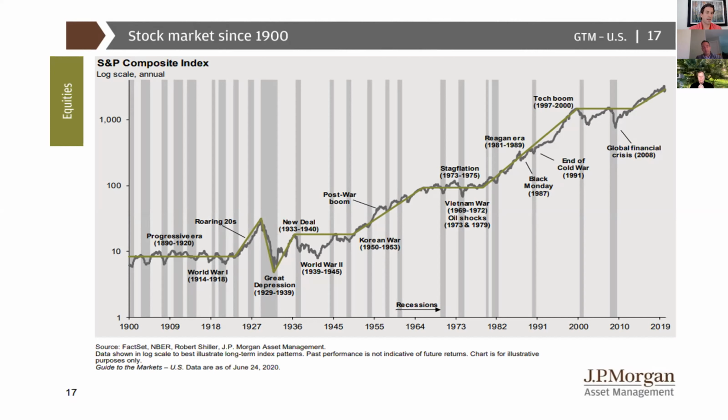Another interesting thing to note when we look over the past 100 years of the US markets and economy is the gray bars. The gray bars indicate periods of recession in the US. And you can see from 1900 to really the start of World War II, the recessions were much more frequent and longer in duration compared to 1982 and on. You still had recessions, but they were not nearly as long and were lower in frequency.